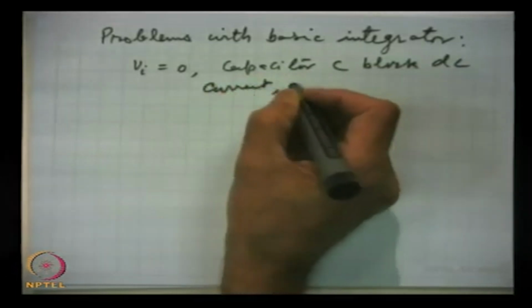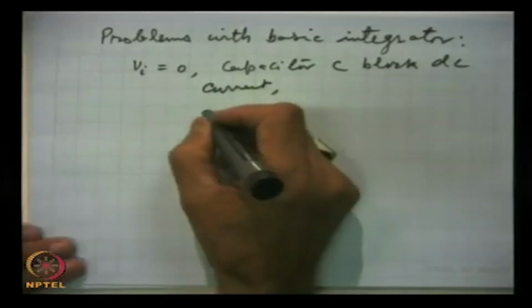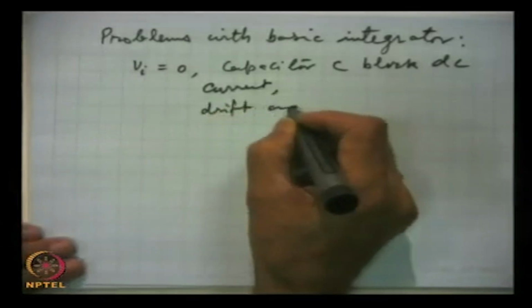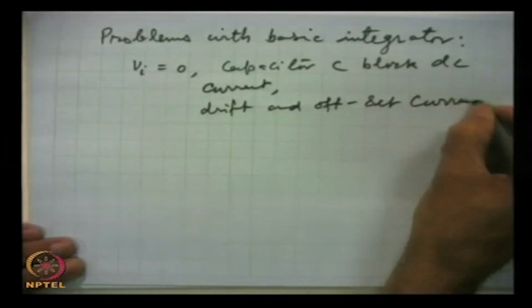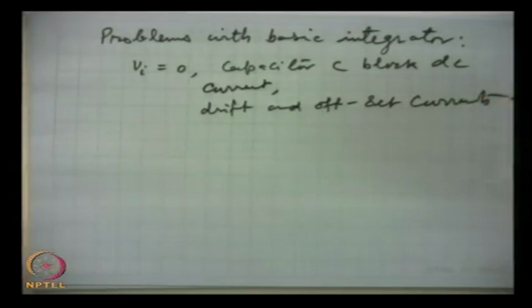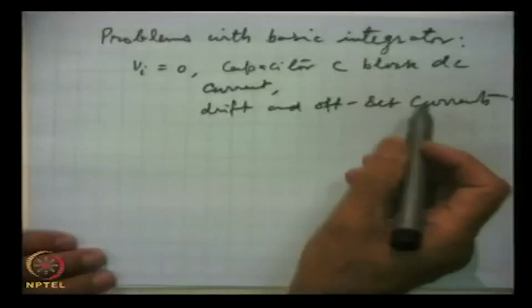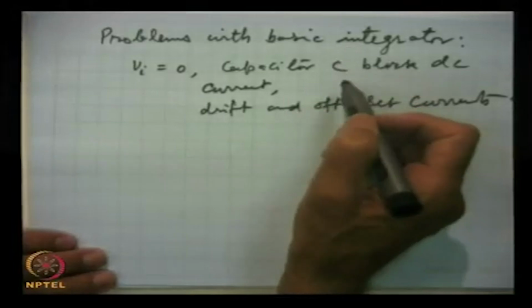and from where will these currents come? These are drift and offset currents. I said about offset currents we will be talking later, but at least for the time being we can say that offset currents are there because of asymmetric design of the circuits, which are almost impossible to get in perfectly matched conditions. So these small currents will be blocked by the capacitor, and